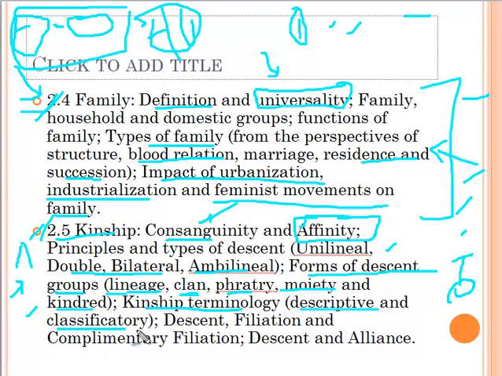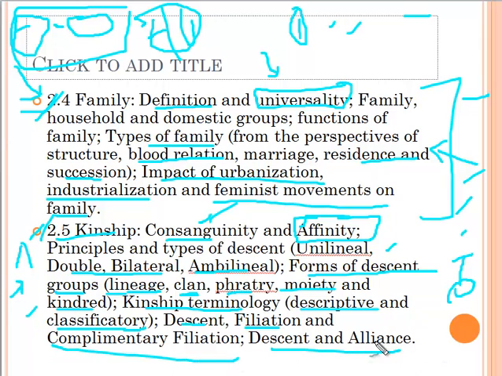And classificatory means, let's say mama, so that can be classificatory also, that there are so many relationships and all of them you just say mama only, so that is called classification of different relationships in a particular group. In descriptive, for different relationships you will have a definite term. So in this kinship terminology there are different types of terminologies that we will learn, like Omaha, Crow, and such types. Then descent, filiation means which group you belong to, and complementary filiation, descent and alliance, how,